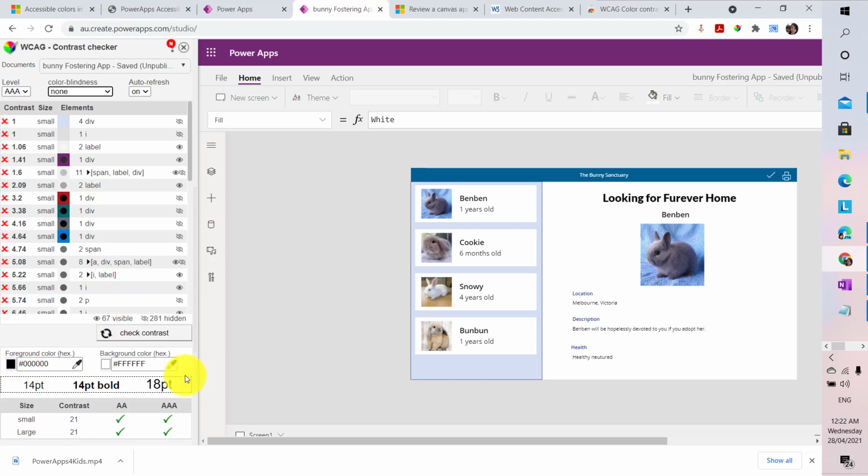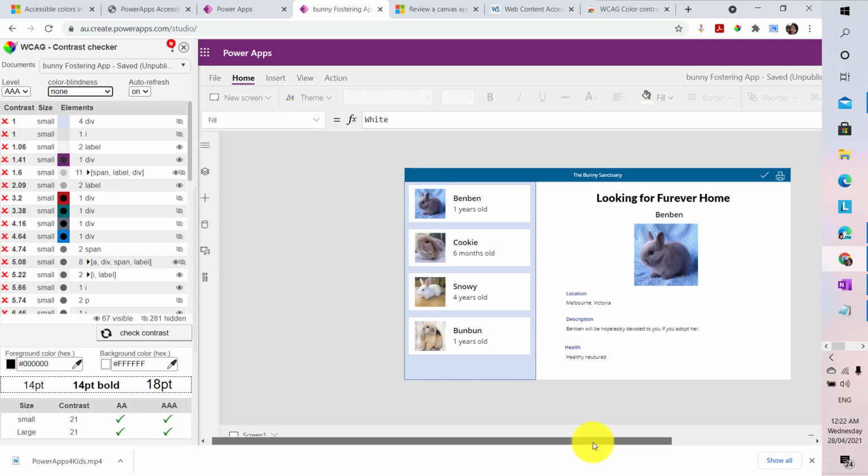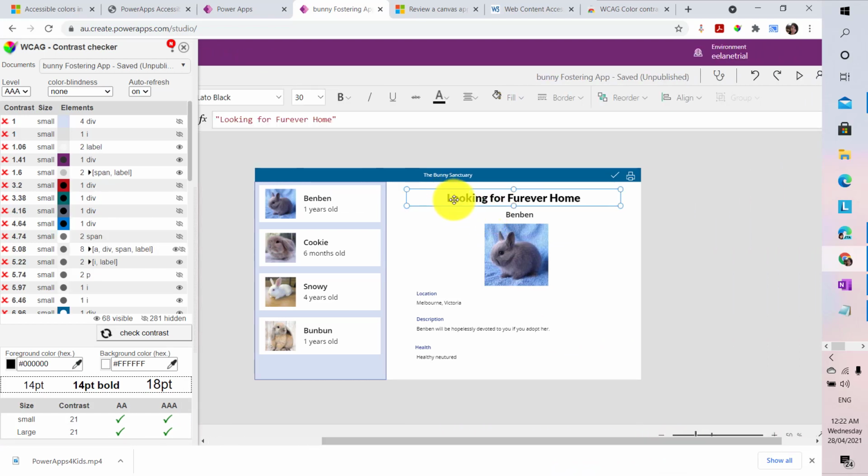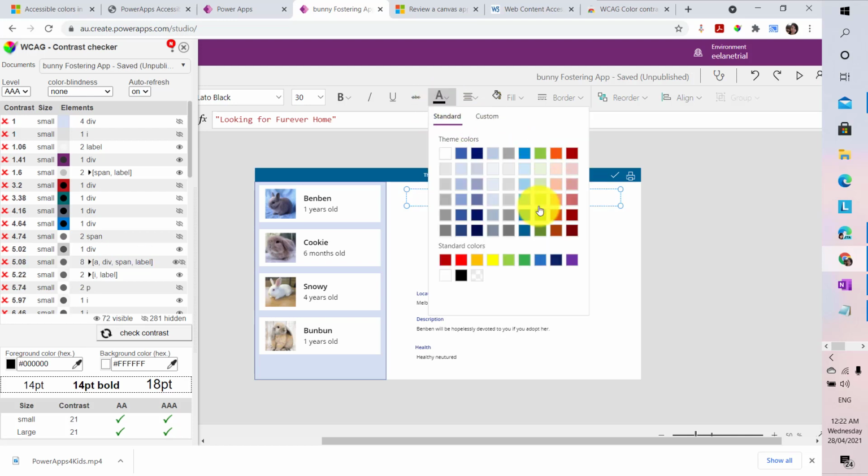So how do I use this tool? For the foreground, my foreground now is black, so that's fine, and my background is white, so that's fine. If you look at the chart over here, regardless of whether the font size is small or large, it is still acceptable, and actually it's perfect because there's a tick on AAA over here. But what if I change my font color? What if I put the font color as yellow? So now I change this to yellow,